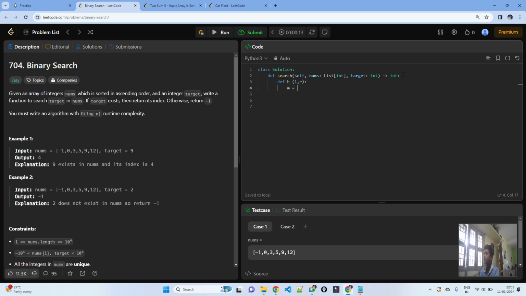The logic to calculate the middle value is we have to add the two pointers and integer divide it by 2. This will give us the middle value. I want this L plus R to happen first, so I am putting this inside a bracket. So next what we have to do is we have to check